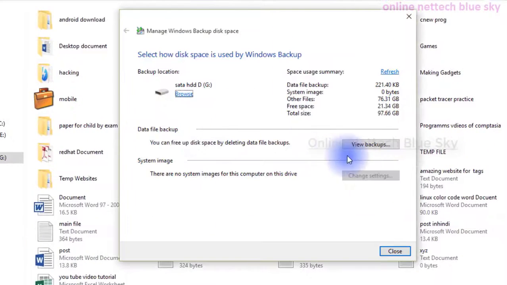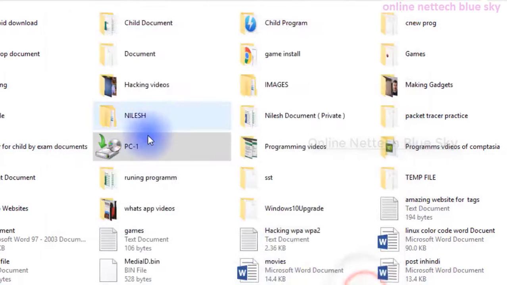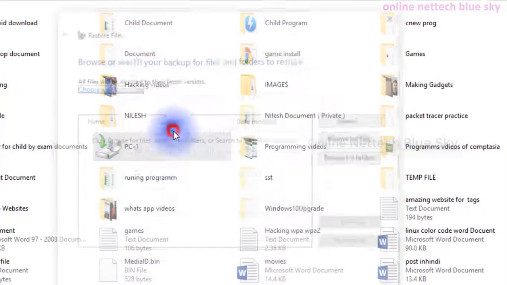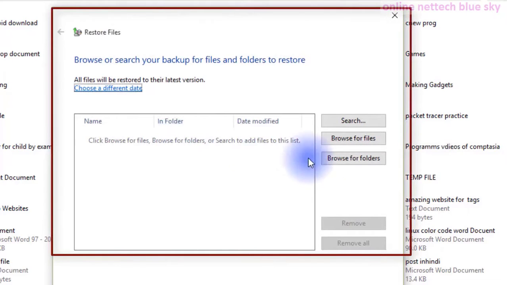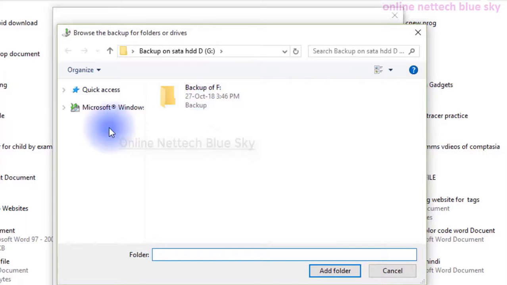Click on manage, and you can see information and these options, and refresh. Click on it and you can see how much space I have. So I'm again restoring my files, my original data in original form, and the browser folder, and first I check the time duration.